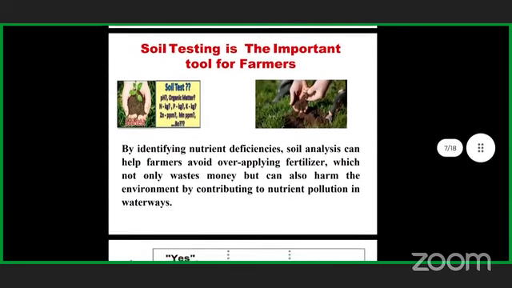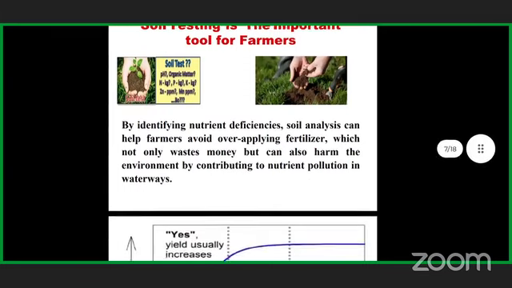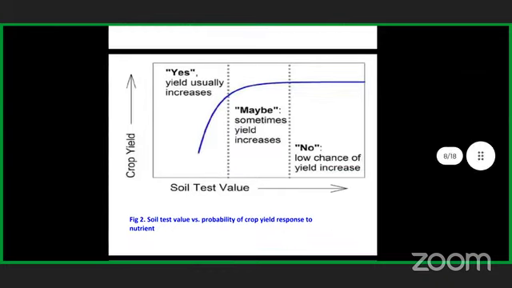Now, soil testing is a very important tool for the farmers, as we can see. But why is it important? We can see here that whenever we are putting the fertilizers into our soil, what happens? Our soil is following the law of maximum. So, the law of maxima, or we can say the law of optimum, suggests that if we are putting a certain amount of fertilizer into our soil, our soil will only show increasing yield until an optimum value.